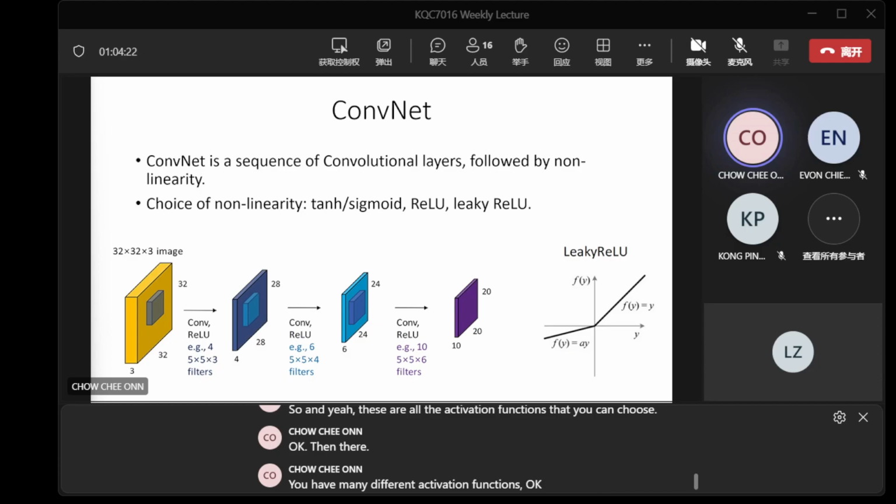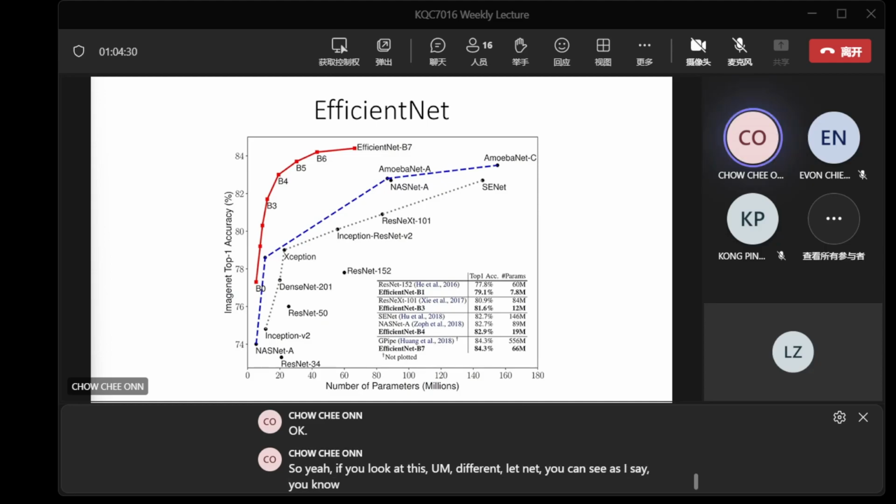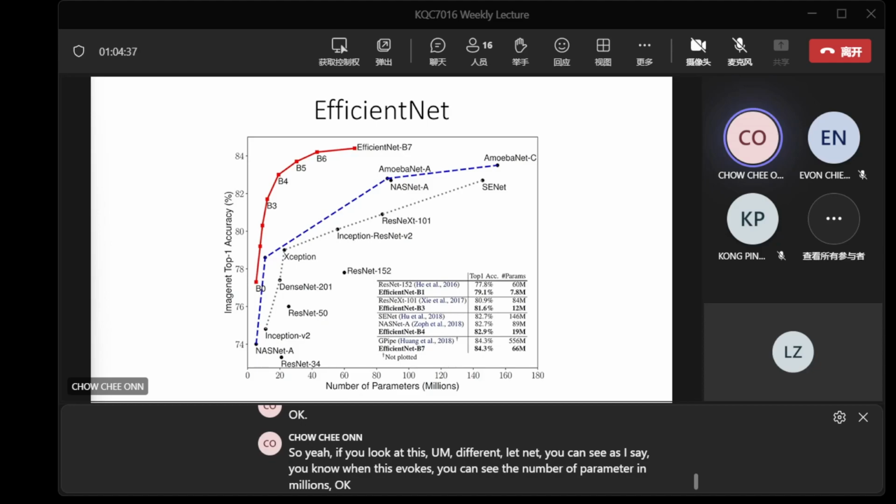If you look at these different nets, you can see the number of parameters in millions.